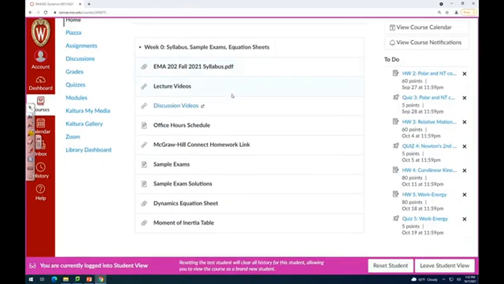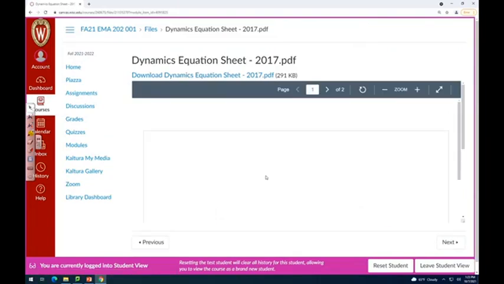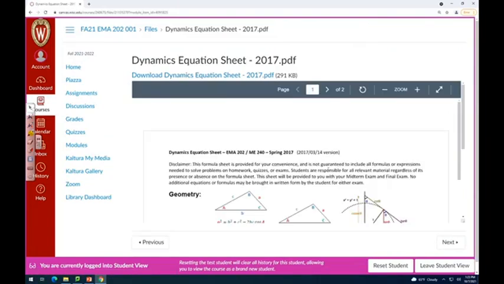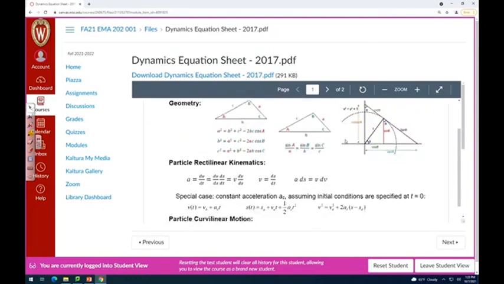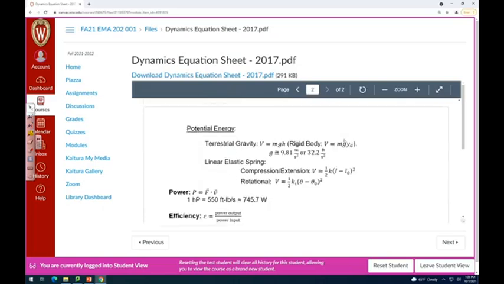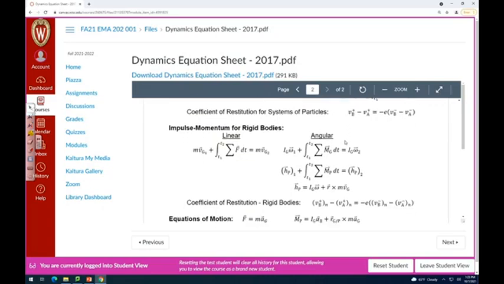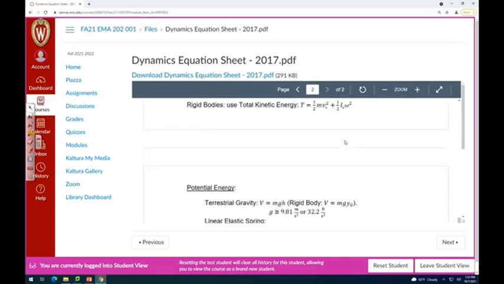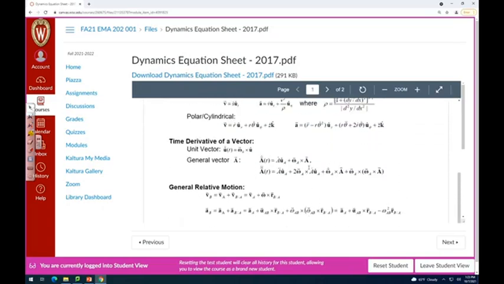Other thing, your equation sheet that's going to be on the exam is this guy right here. So take a peek at this when you're studying. If you're doing a practice exam, bring this along with you. The one gotcha is that this is 2 pages, and I'm only going to give you the first page because the second page is stuff that we haven't learned yet. So I'm going to save a tree and not print out 273 copies of stuff you don't need to know yet. Okay? But this first page, except for the bottom little bit, we know how to do all that. So I expect you to be able to understand.